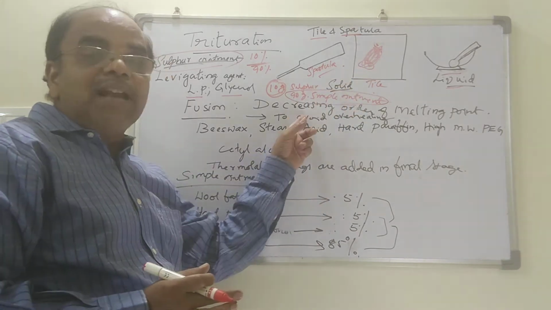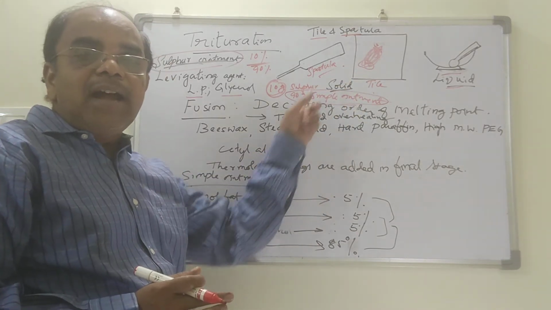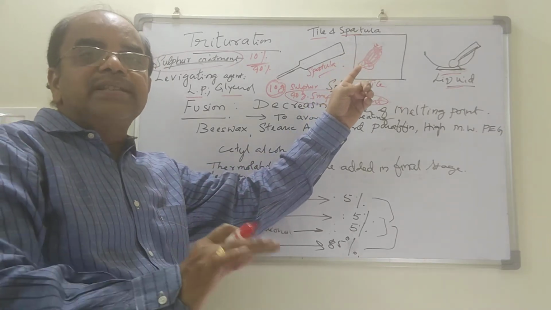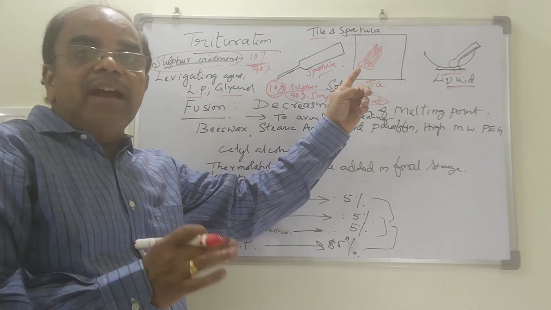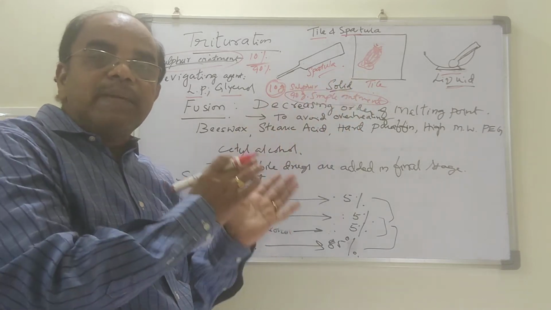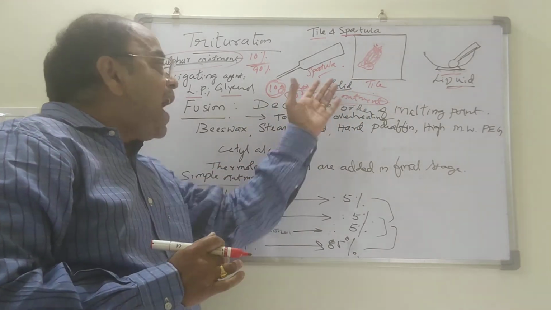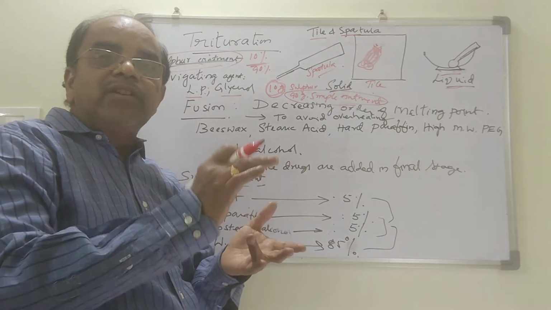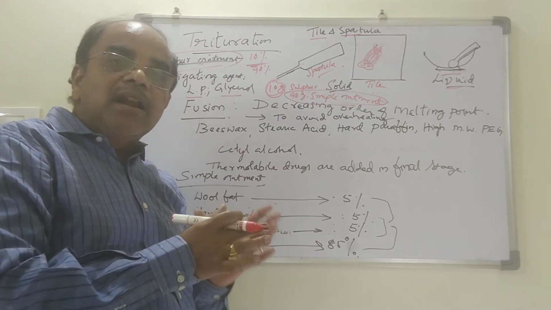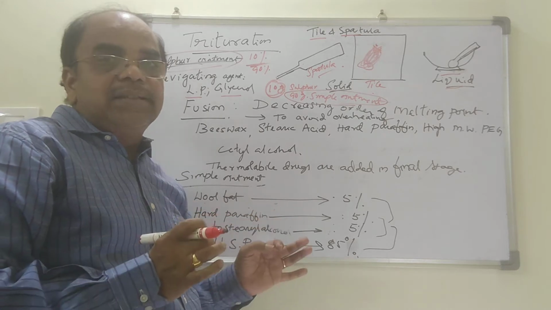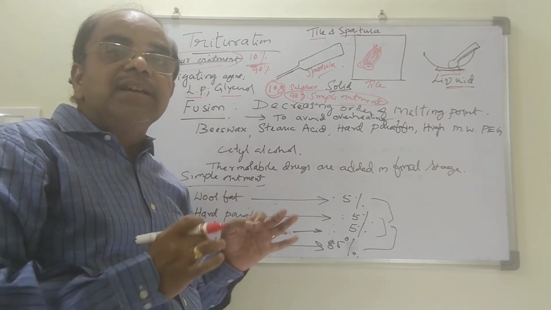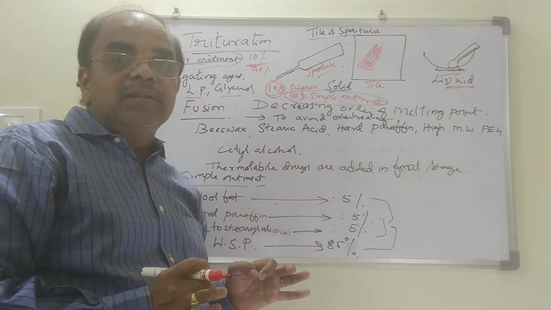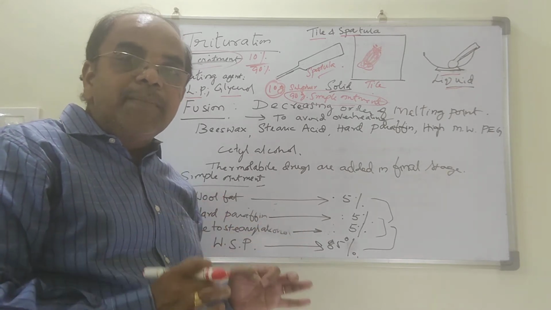Now take 40 grams of simple ointment and add to this mixture. Again, mix thoroughly on a tile with the help of a spatula. It has become 80 grams. Now add the remaining quantity of simple ointment and mix it here, so that you can have uniform mixing of the drug throughout the base. So like this, we use the geometric dilution method for the incorporation of the solid medicament in the ointment base.